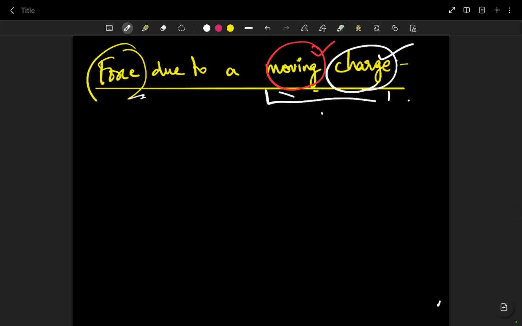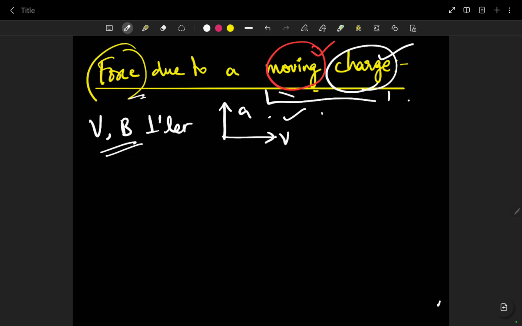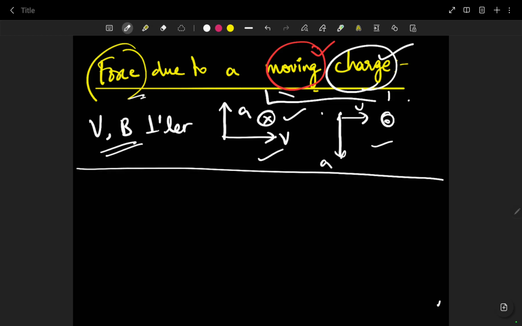So the case that I have discussed with you so far is actually a case where V and B are perpendicular. I hope you have understood that they are perpendicular, right? That means velocity and magnetic field were perpendicular. This was one case where the magnetic field was going inside, and when the magnetic field is coming outside, this was the other case where V and B will look like this. This is what we've discussed so far. Now we are discussing what will happen if they are actually parallel